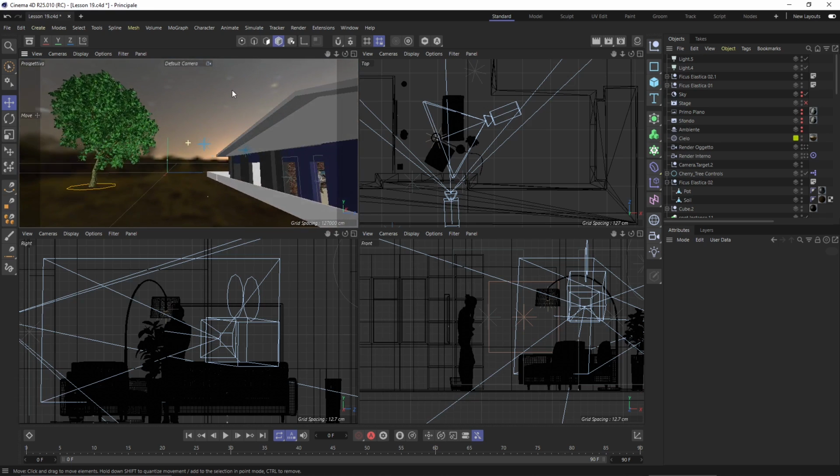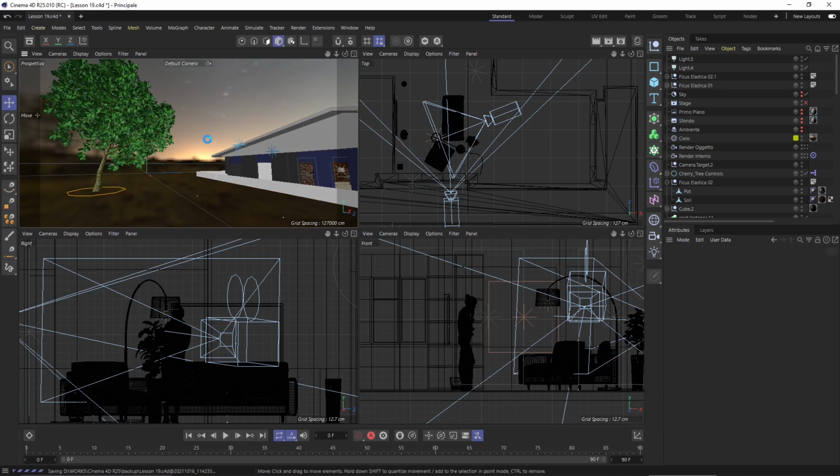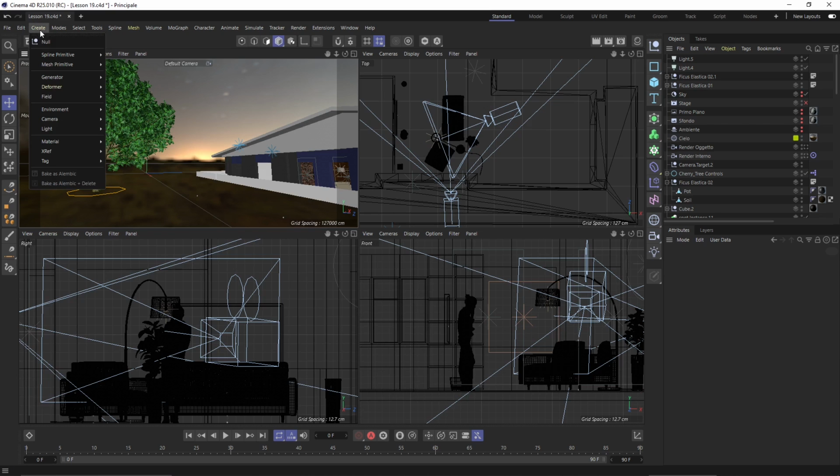But the first thing I want to do is to place my camera in a position that I like. So let's say that this is the point of view that I like. So I will go to create, go down, and there is my camera right there. Now you have 2 main cameras, which is the simple one, and the target camera. And then you have stereo camera if you want to do 3D, and motion camera or camera crane for more advanced effects, if you want to add some more movements to the camera, you want to do animation. So let's create a standard camera.